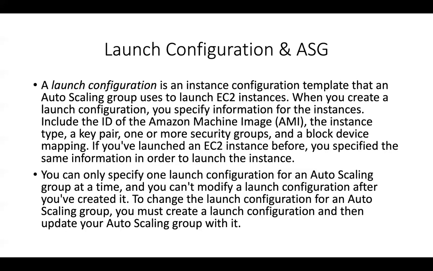So if you have one launch configuration attached to an auto scaling group, you can create another launch configuration, which is a replica of the first one that you created, but with different configurations this time, and then you can associate the second launch configuration to your auto scaling group. What the auto scaling group will do at that point of time is try to launch new EC2 instances with your latest launch configuration, and then it will remove the existing EC2 instances with the older launch configuration.